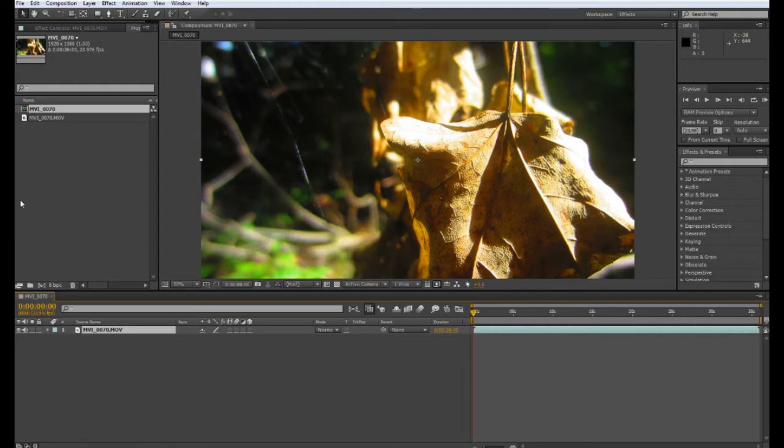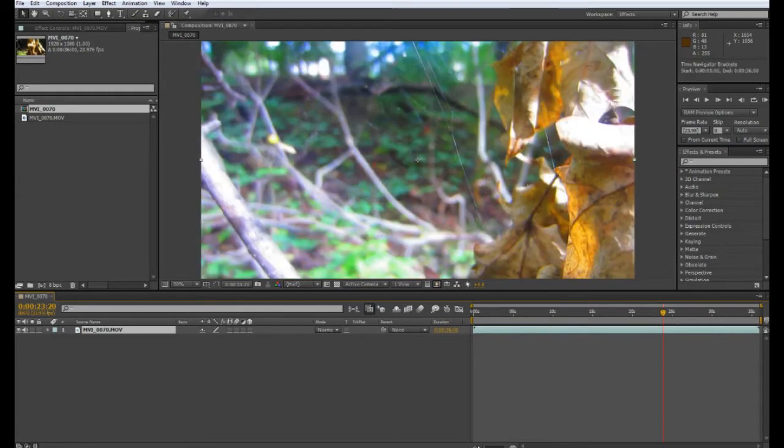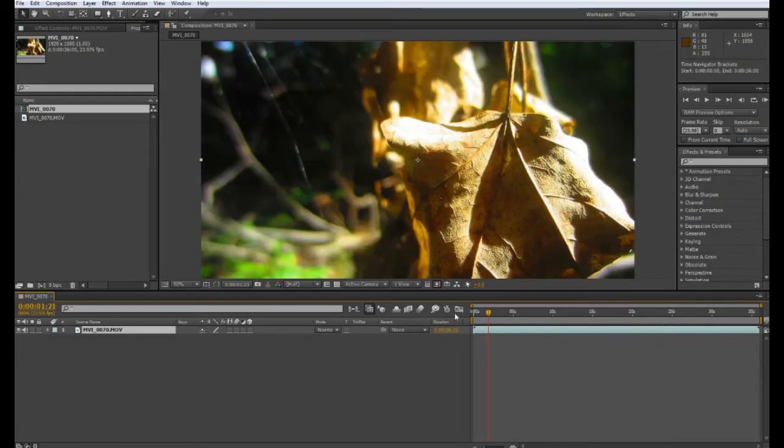Now the composition is where you're going to be editing your footage. For instance, down here, now that we did that, we have our clip down here. If you look, you can scrub through it and watch the video from beginning to end. So now that we have that, there are a lot of different things that we can do. And I think we'll just go over the basics,